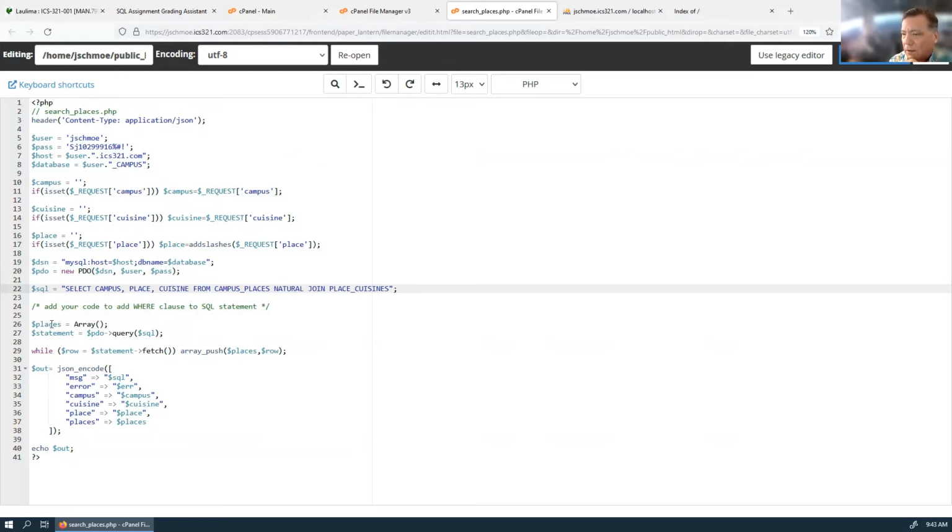And then this declares a new array. This executes your SQL statement. This PDO thing executes the query, and it's going to come back in there. And so here we're fetching one row at a time while there's a row there to fetch. Take that row and push it into this places array, and this places array is going to come back right here in this JSON